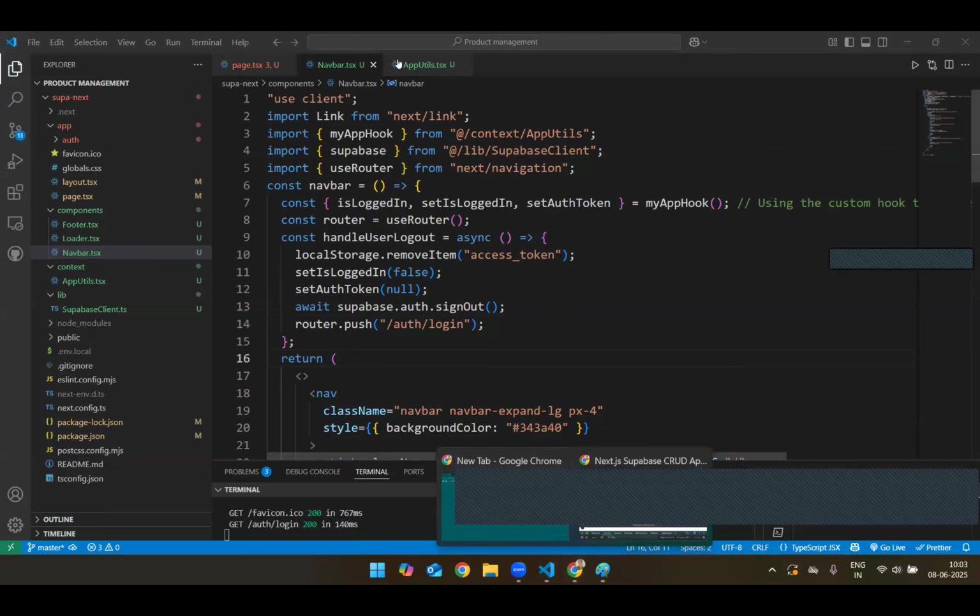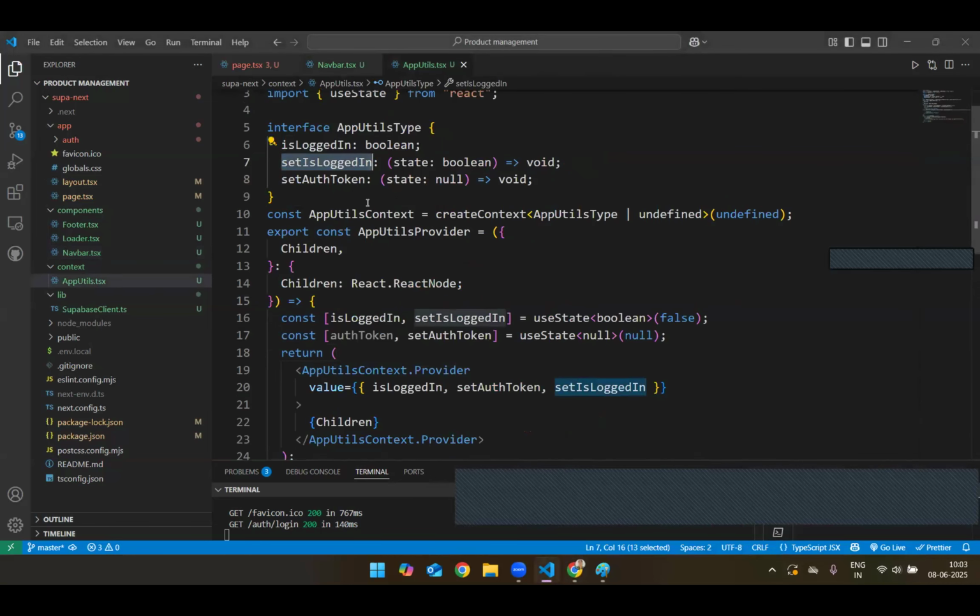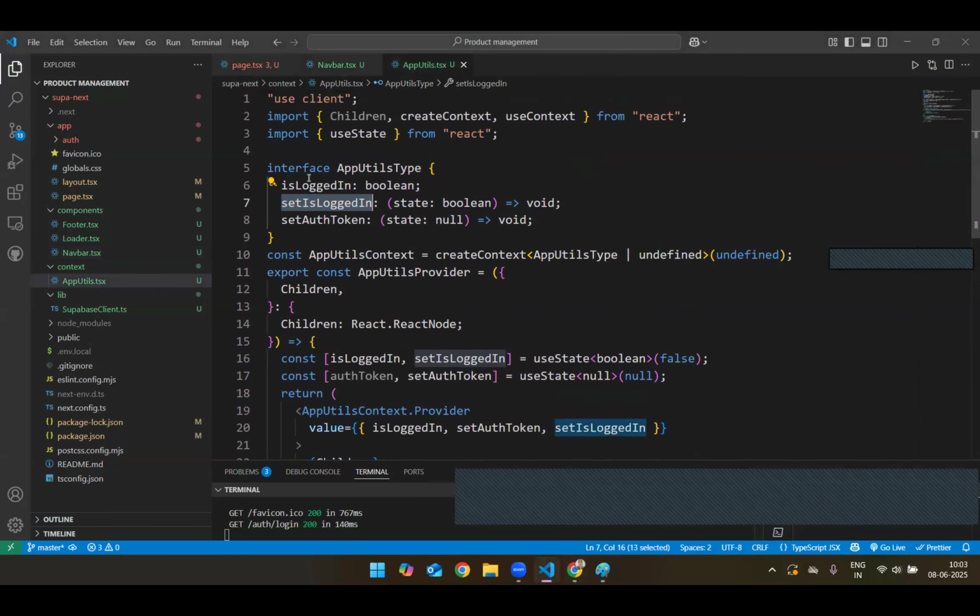Yeah. So coming to the next part, in the app utils, you can see we also have one variable called isLoggedIn. We have passed this into the provider as well. So if isLoggedIn is true, then it is logged in, and obviously if it is false, then it is not logged in. So what we will do, we will go to the dashboard page,